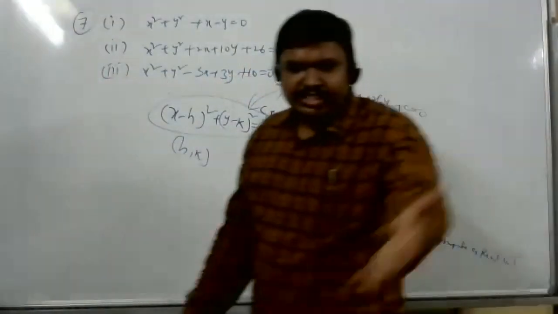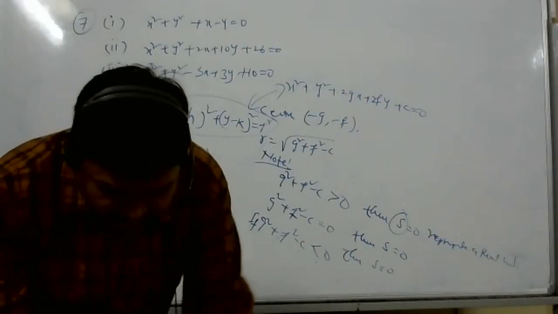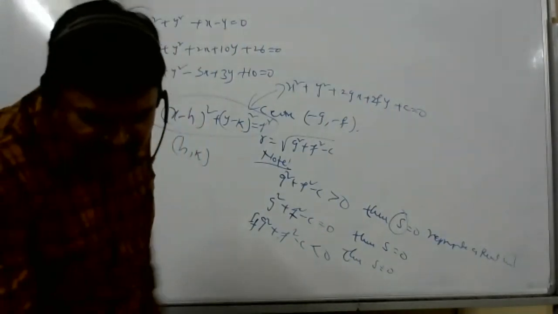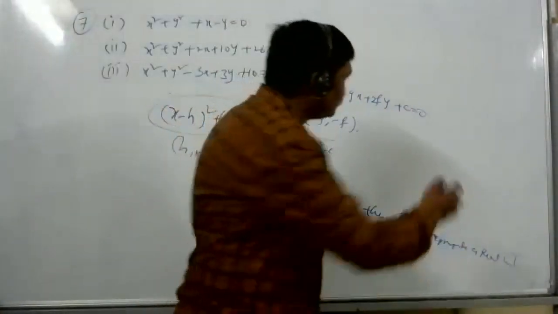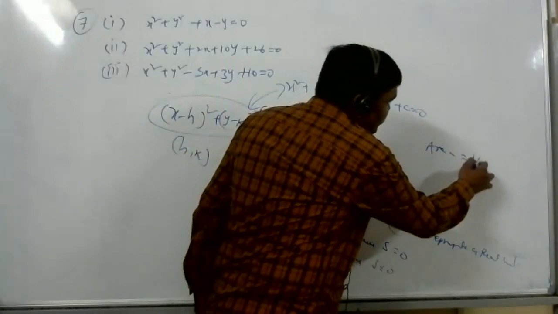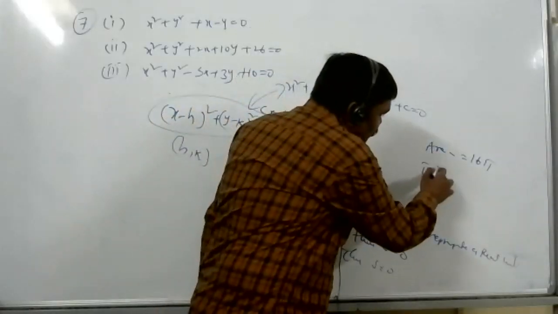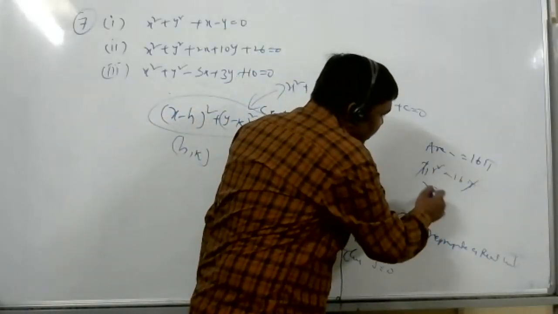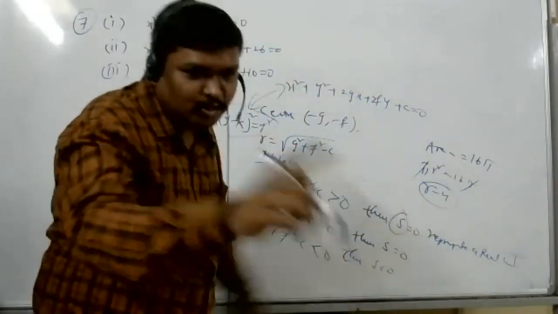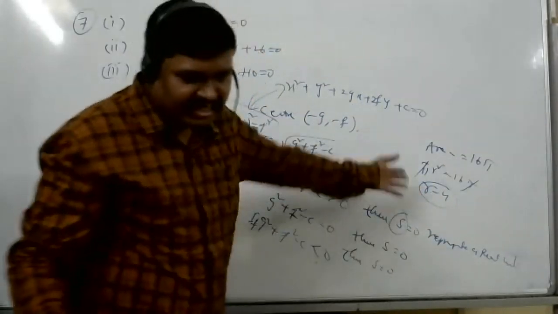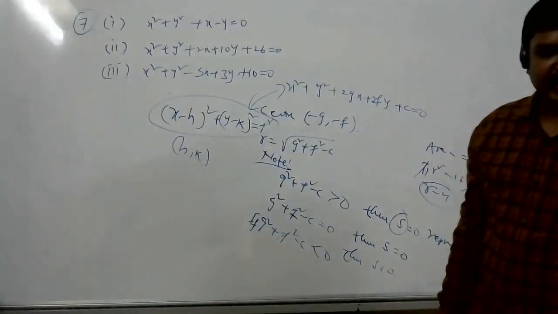Then, sir, one last question also. Find the equation of the concentric circle. The circle is given, and it has area equal to 16 pi. Then area of circle is pi r square, which is equal to 16 pi. Pi gets cancelled, r is equal to 4, no? Substitute the value of r. The center is already given by the equation 2x square plus 2y square plus 8x. Find the center, then substitute it in the equation.